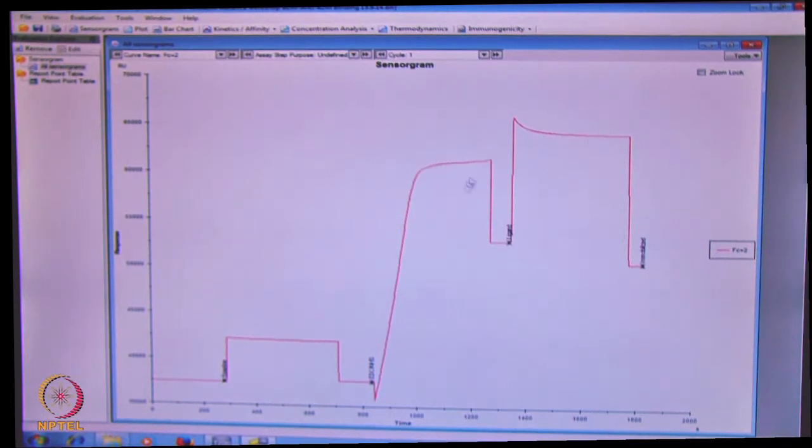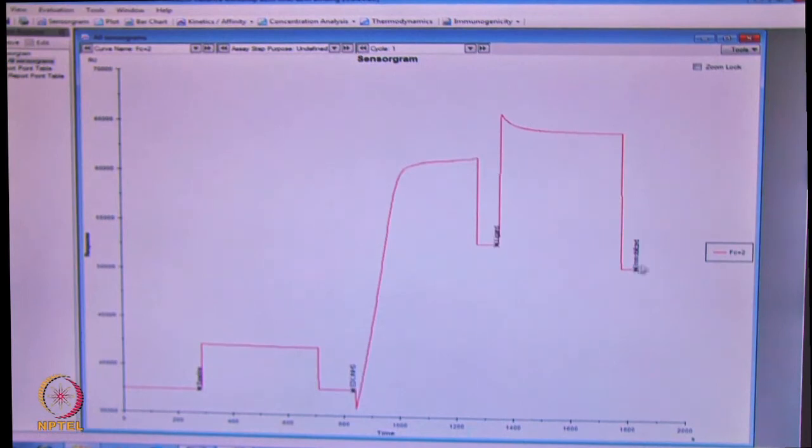The buffer washes away the loosely associated ligand molecules. Deactivation and further washing away of loosely associated ligand happens, and the difference in response between these 2 points reflects the amount of anti-beta-2 microglobulin immobilized.